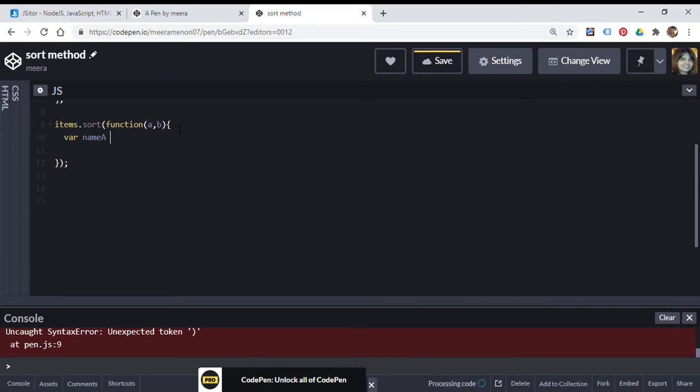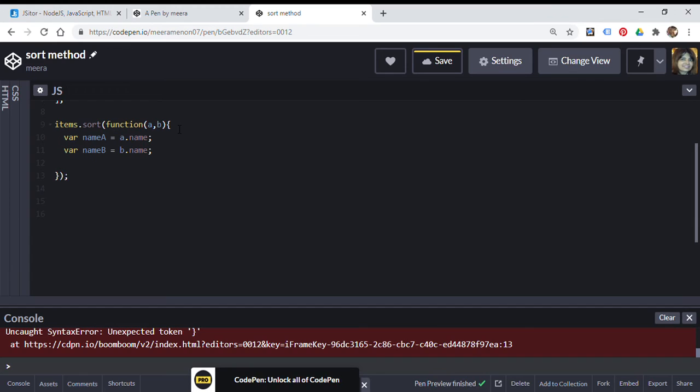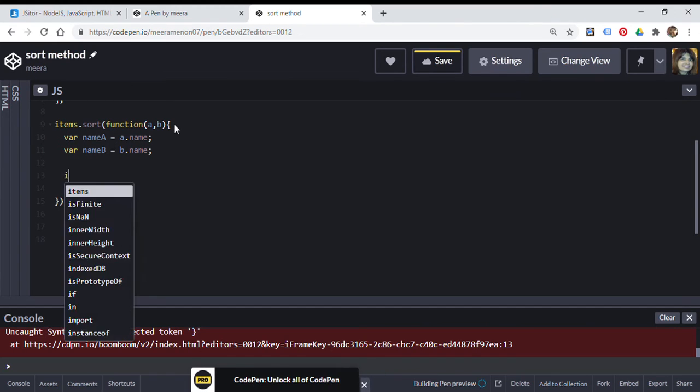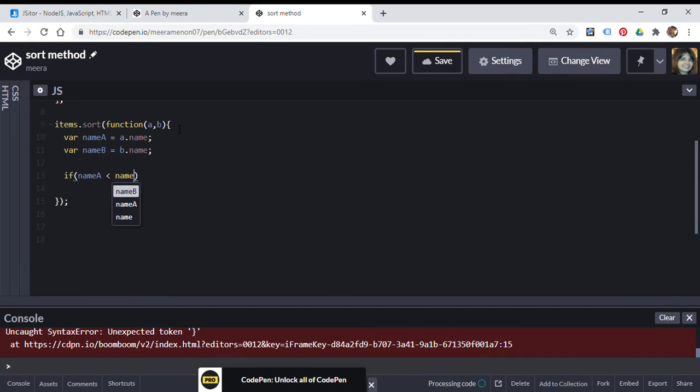Name a equals a dot name, the dot notation, the JavaScript naming rule, a dot name. Variable name b equal to b dot name. Okay, done. Then the conditions, if name a, because we want the ascending order, less than name b,